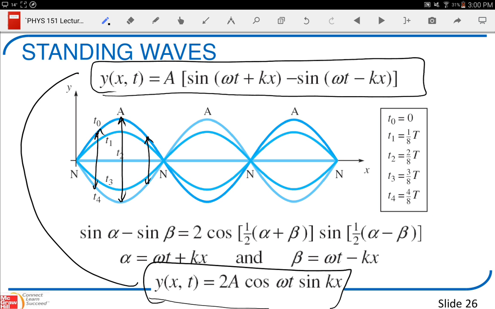these points. Notice there are going to be positions where sine of kx is 0. That means as these two waves are traveling through each other, there will be positions where there is no displacement. And we call those positions where there's no displacement a node. So we call this here a standing wave, standing because it appears to not move. What's really happening is we have two waves moving through each other, but it appears to not move, and these nodes